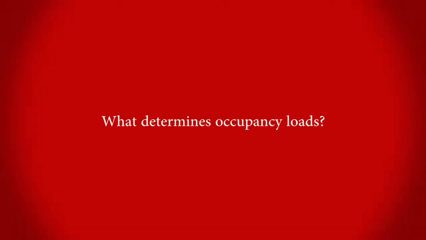The occupant load is based on the occupancy itself, and the occupancy is determined by the use of the building. So we may have a large structure. Let's say we just have a large square building. Depending on what we use it for, it is going to depend on the factor, or the square footage per person. So for instance, for most assembly occupancies, nightclubs, churches, restaurants, we're going to have a factor of 7 to 15 square feet per person, and 7 is if everybody's just standing next to each other,